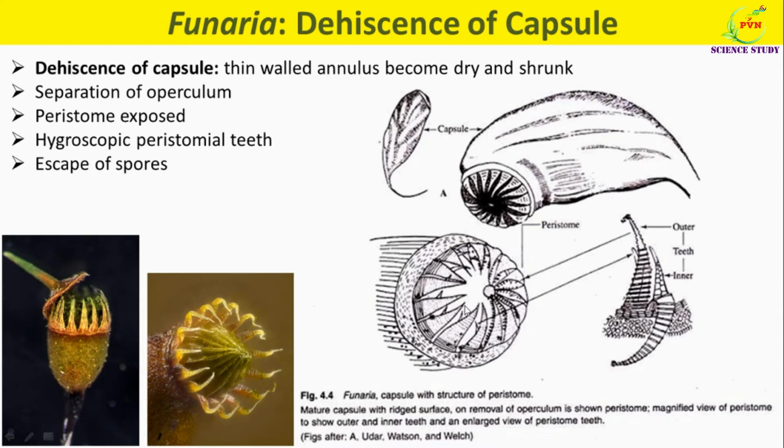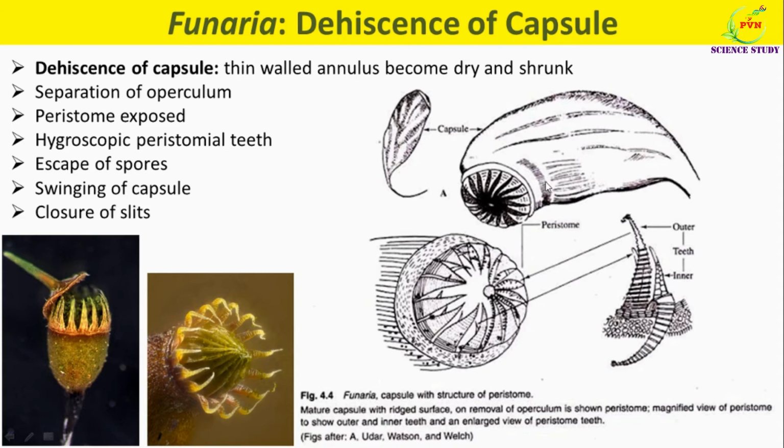In the dry atmosphere, the outer peristomial teeth lose moisture and bend outward with jerky movement, thereby widening the slit between the inner peristomial teeth and allowing the spores to escape through these slits. So these are the slits from where the spores escape. In this photograph, you can also see the escape of the spores. As the capsule is bent like this, even a little breeze causes swinging of the capsule, resulting in the dispersal of spores.